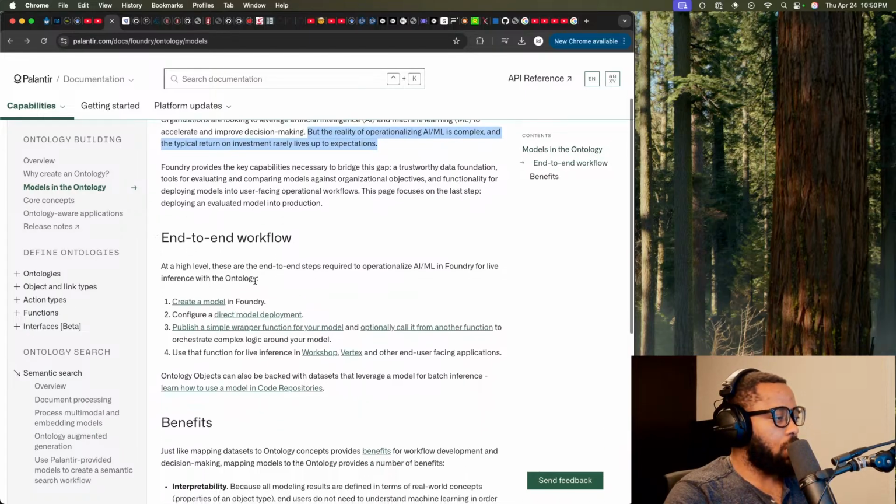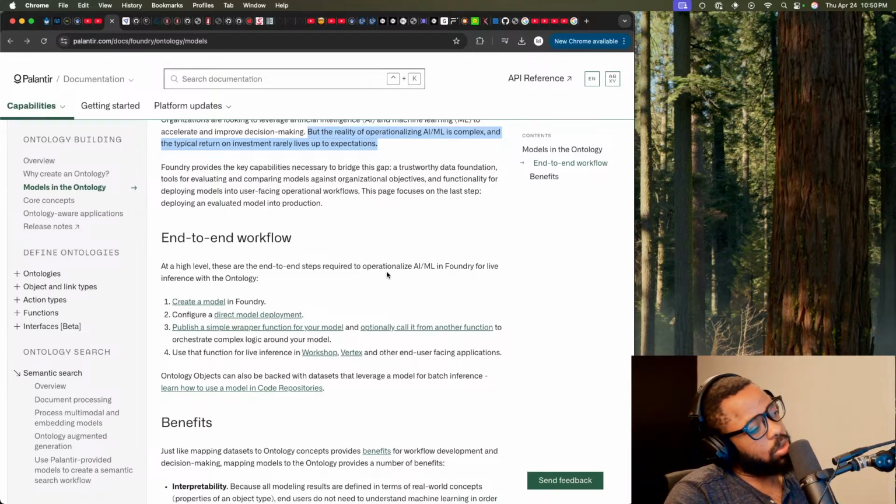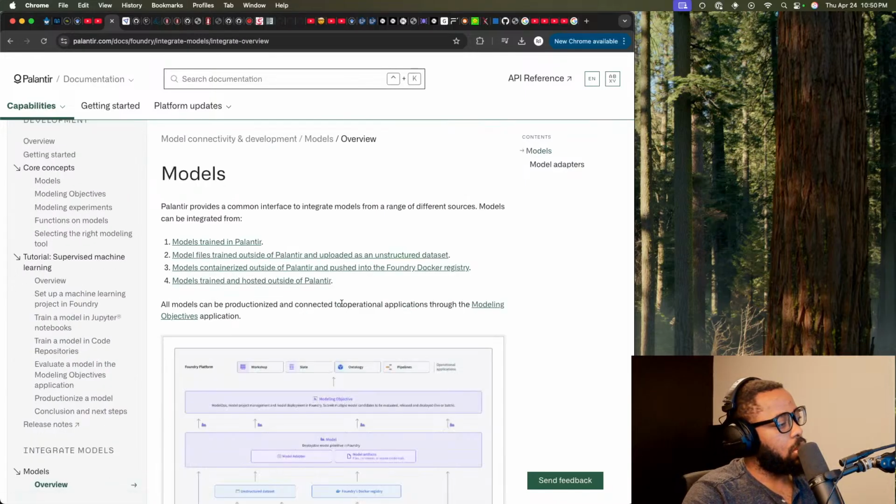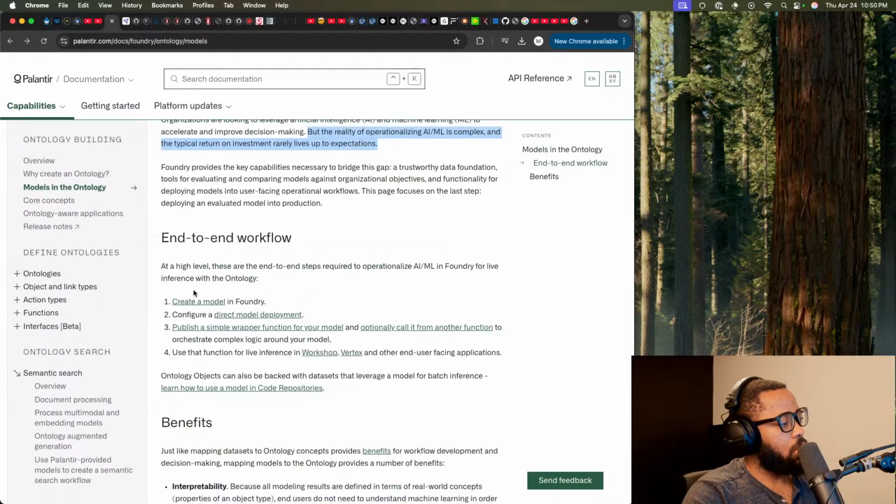End-to-end workflow. At a high level, these are the end-to-end steps required to operationalize AI ML in Foundry for live inference with the ontology. Create a model. Okay.